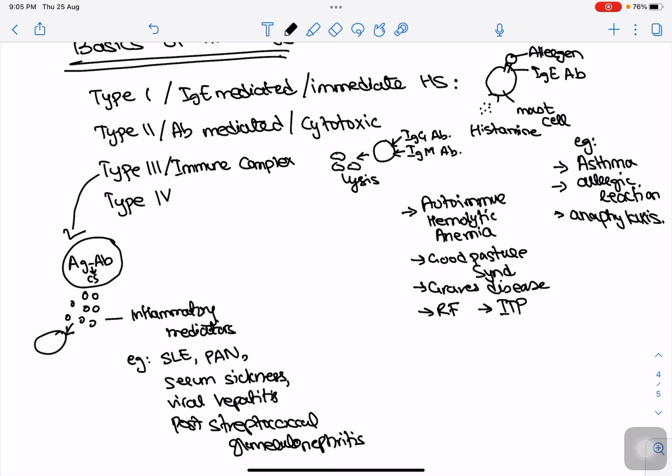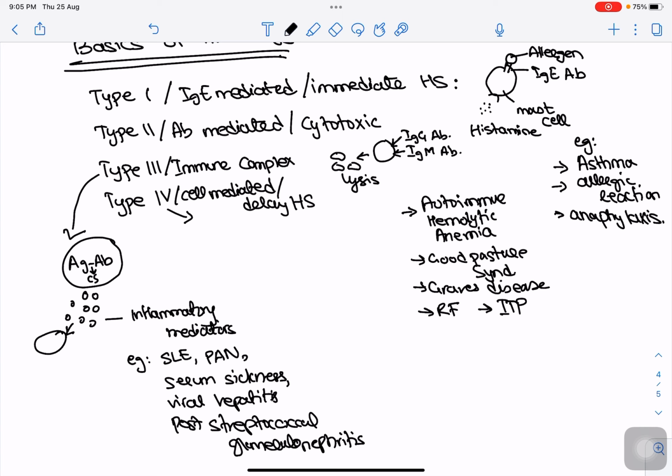Now we'll do the last. We'll cover the last but not the least. That is type 4 hypersensitivity reaction, that is also known as cell mediated or delayed hypersensitivity reaction. So what happens in this type of hypersensitivity reaction is release of cytokines by sensitized T cells and